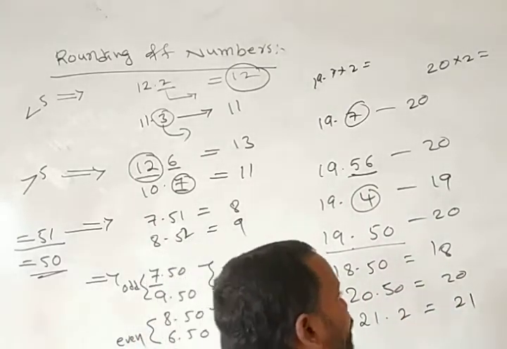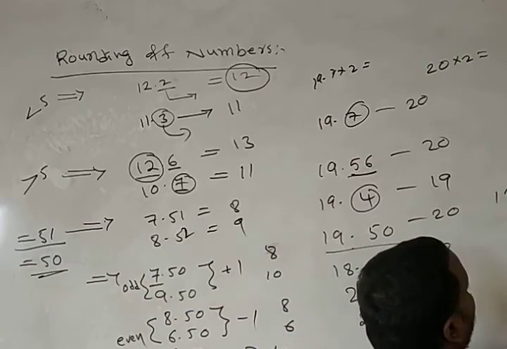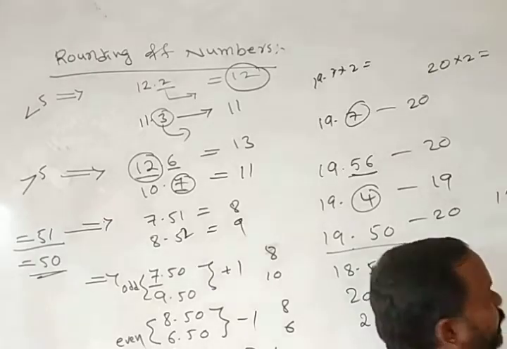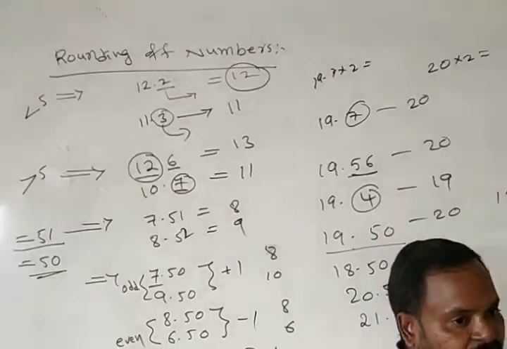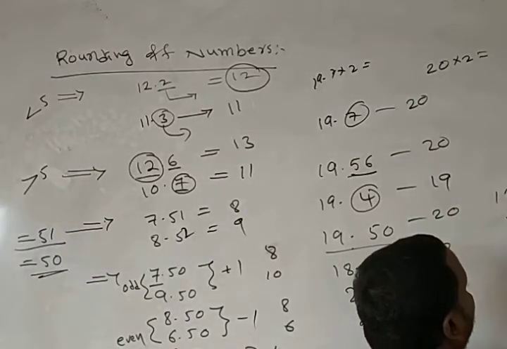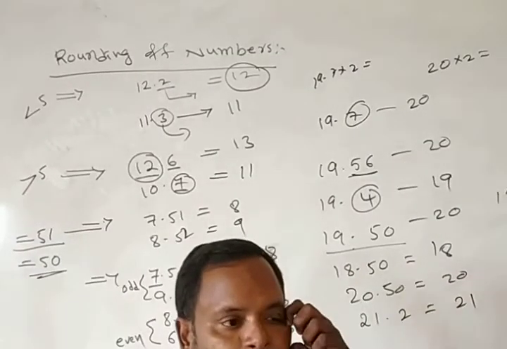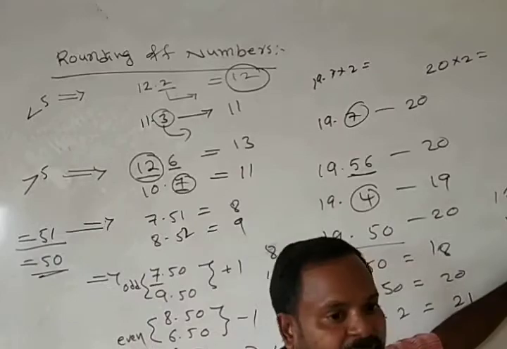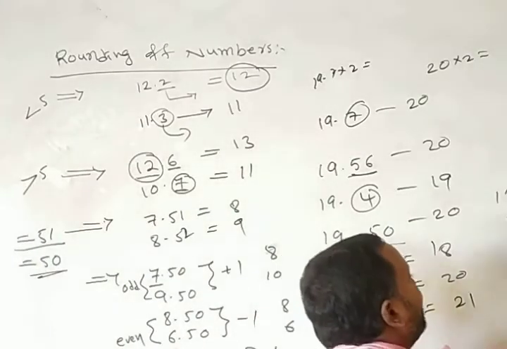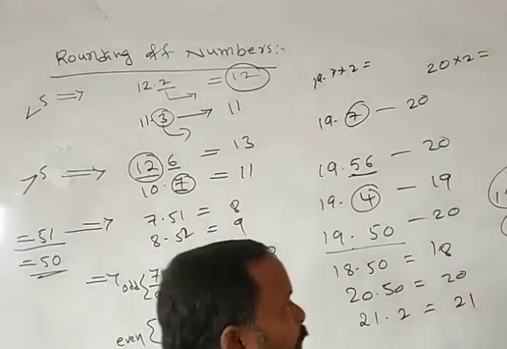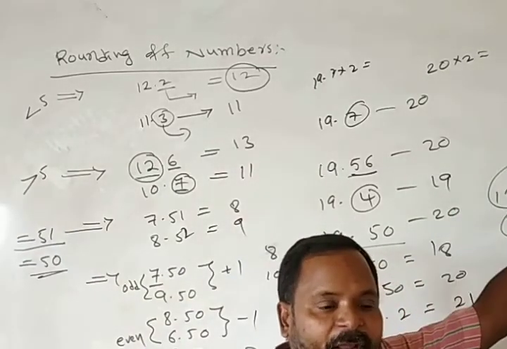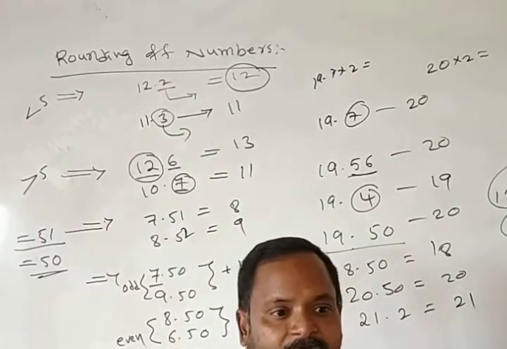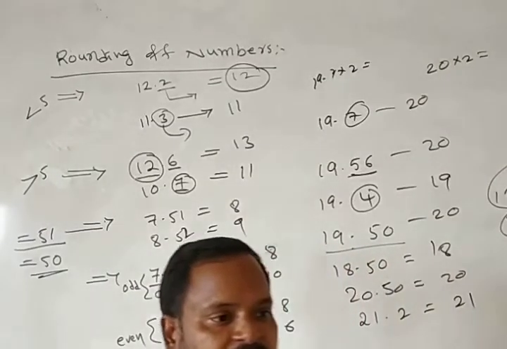Okay, from the examination point of view, you get 1, 2, 3, 4.6. This point we change into 5. Now 1, 2, 3, 5. One will be increased. This is the rounding of numbers. 1, 2, 3, 4.6 into 10 they may ask. Somewhat complicated. Here 1, 2, 3, 5 into 10. Just put a 0 here, you get the answer.